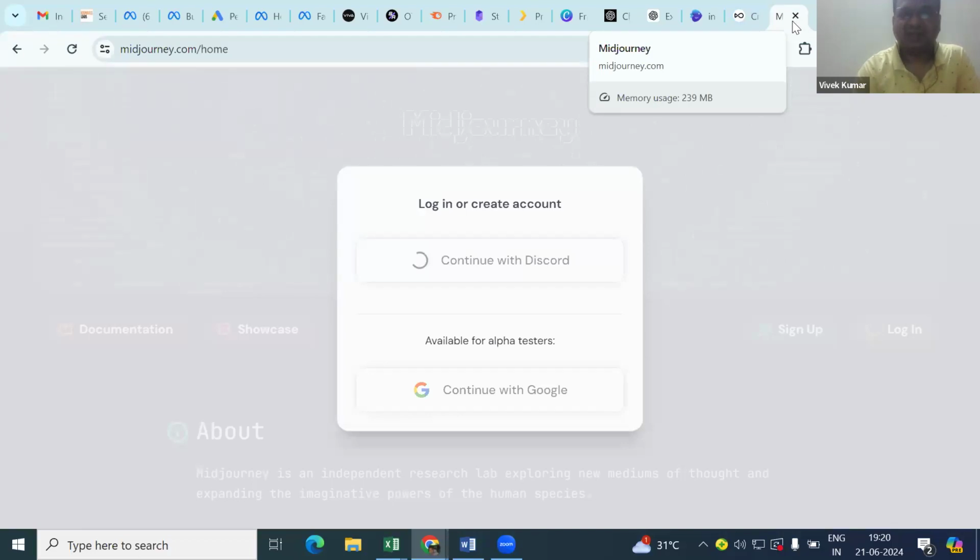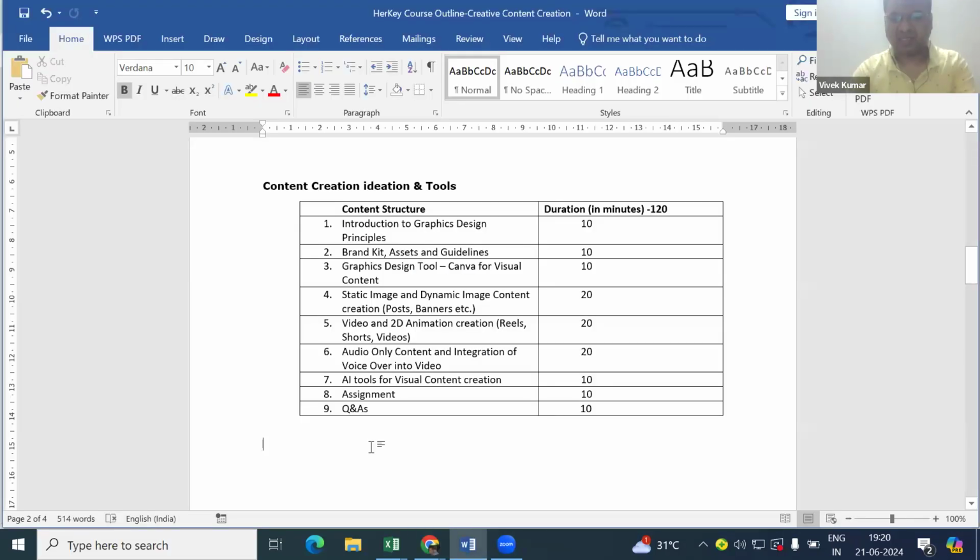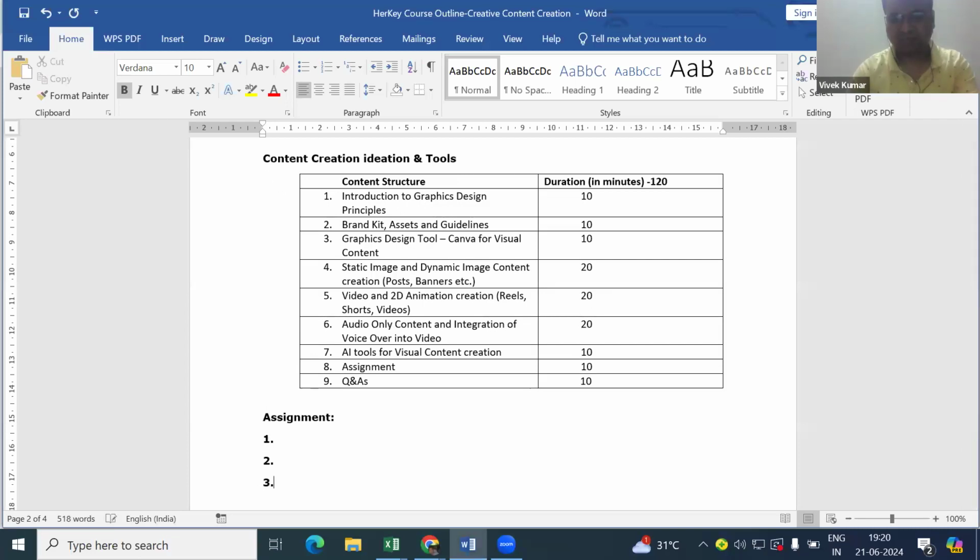Anyway, so now what I want you to do is I'll give you a small assignment. I'll probably write it down over here itself. Okay. So one is create a static image using Canva. Okay, this could be for any platform like Instagram and all, or it could be for LinkedIn also. So it has all the templates in place. Okay. Then